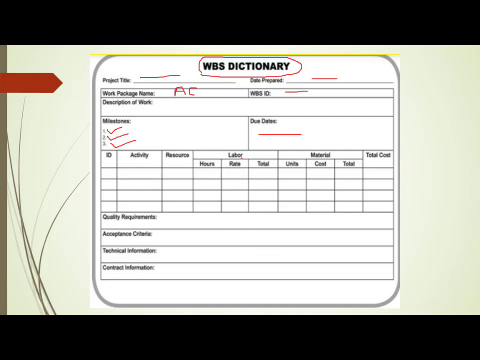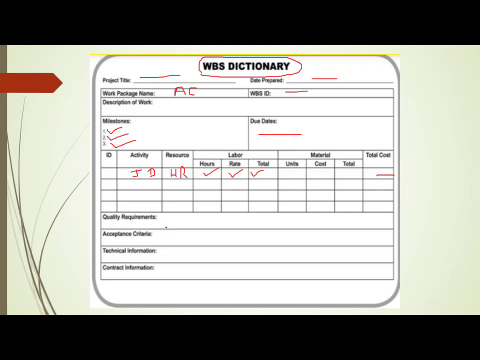Now in this particular section you are going to write down who is doing this. For example, you have formulating the JD. Somebody has to formulate the JD. So who is that person? That person is nothing but HR. The Human Resource Department is going to formulate that particular job description. How many hours he or she would require, what is the rate per hour, and what is the total cost. And if she is using any material, I don't think you require any material for formulating the JD, so nothing comes here, so you get the total cost.